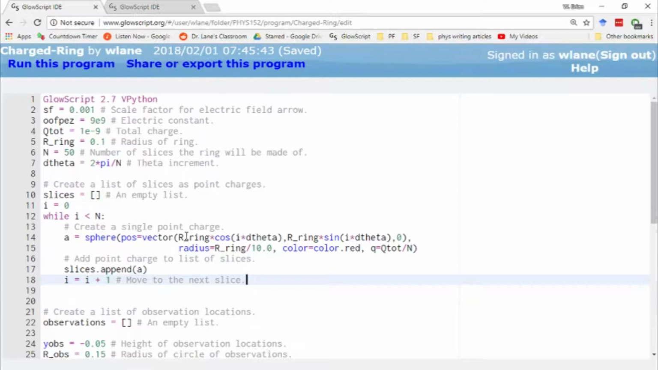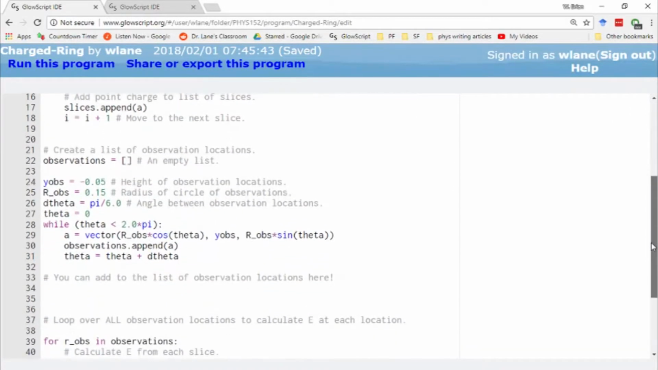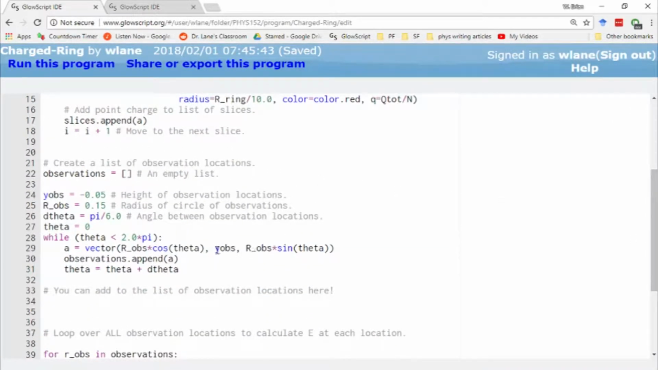So we've got the radius of the ring times cosine of the angle for the X coordinate. We've got the radius of the ring times the sine of the angle for the Y coordinate, and we're going to leave Z fixed at 0. So this ring is going to live in the XY plane. It's going to keep Z fixed. We're going to have 50 points of charge along the ring, and our radius of the ring is going to be 0.1. When we set up our observations, the observation points are going to be in the XZ plane,